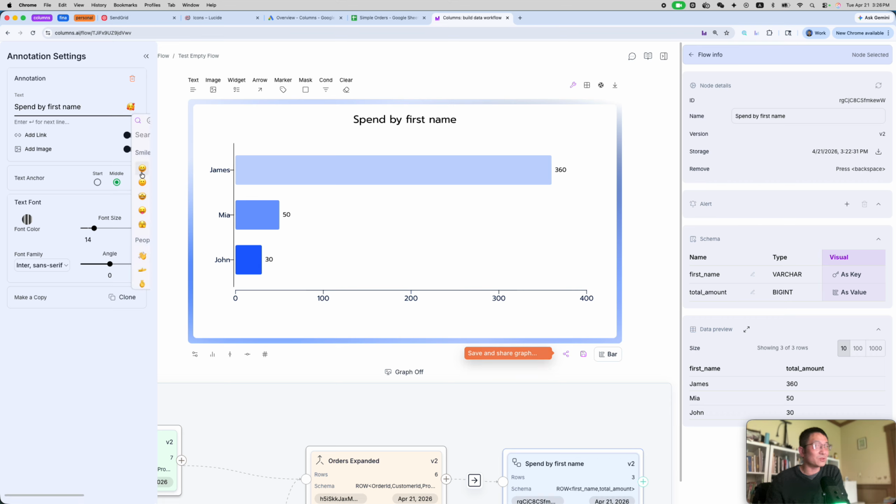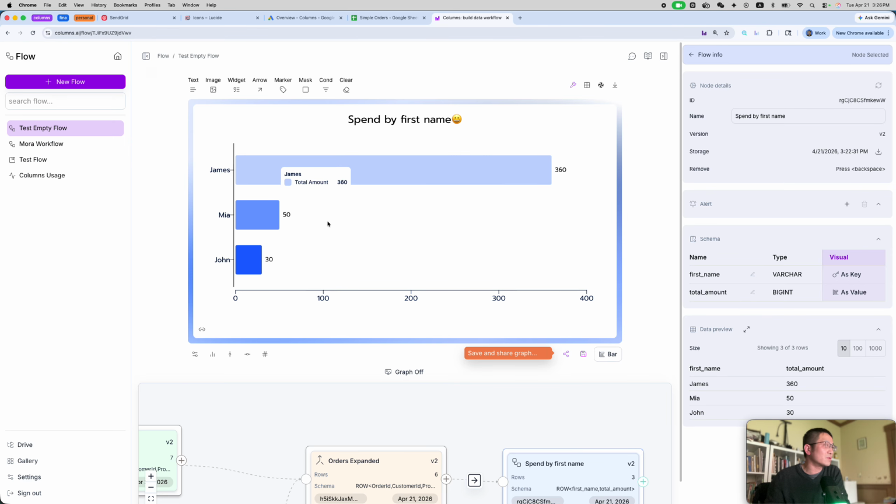Here's a bug, actually, a UI bug. It's hidden. Sorry about that. All right, so I'm gonna fix that. As you can see here, it shows up, and I can add a link to this. So when you share this, people click it, it goes to your website, whatever. There's a lot of advanced features, right? And now I have,